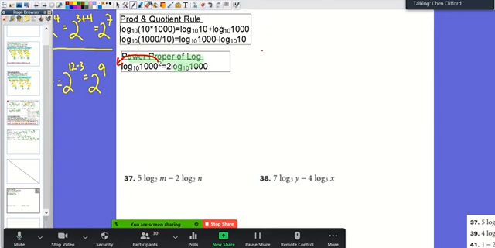So this power property is what we're going to be talking about today, and we're focused on this green highlight here. Okay. Now, let me show it to you, then I'll explain it in a little bit. All it's saying is that if you have an exponent on the top right over here, which you do, you can move it to the front, so that it reads 2 log base 10 of 1,000,